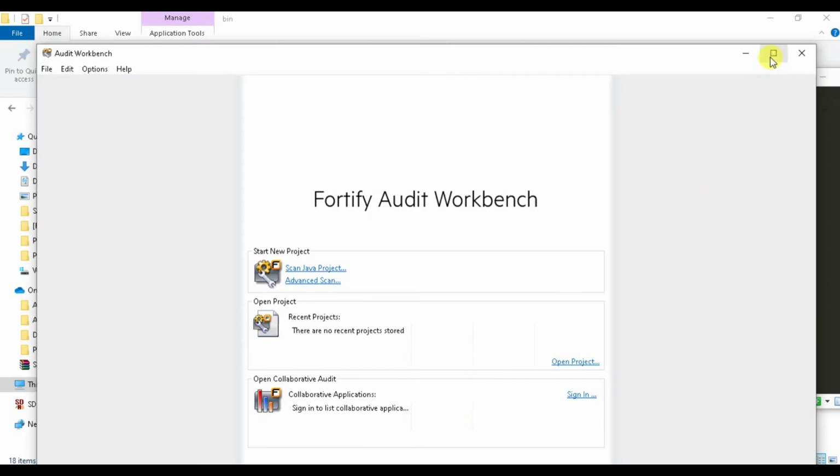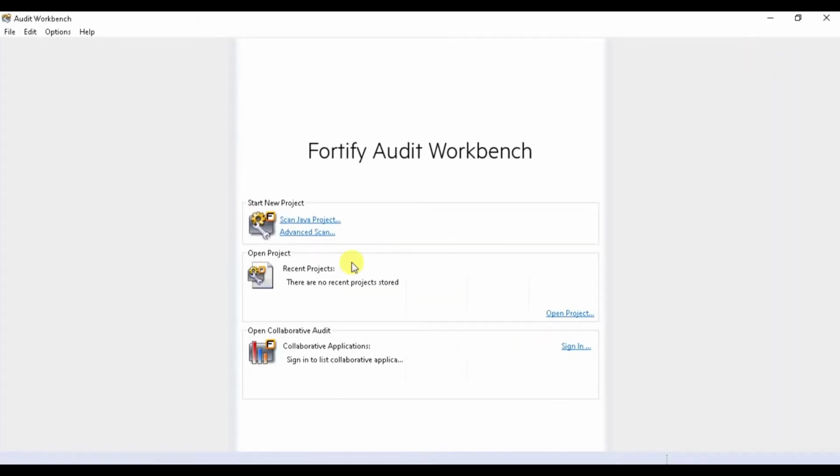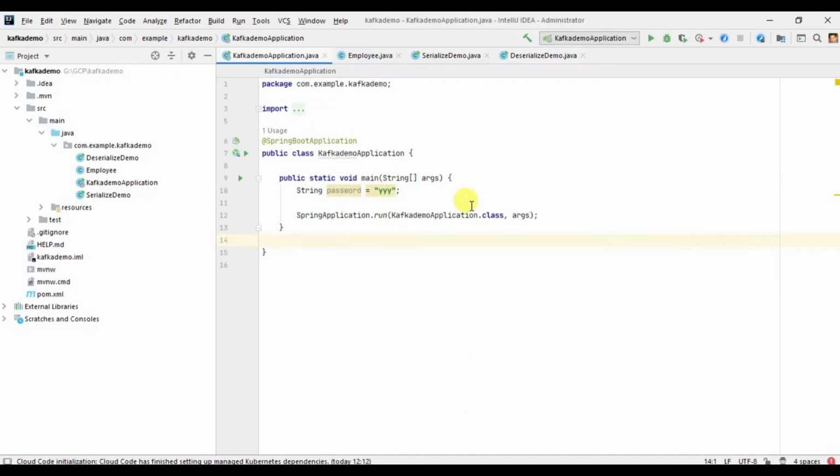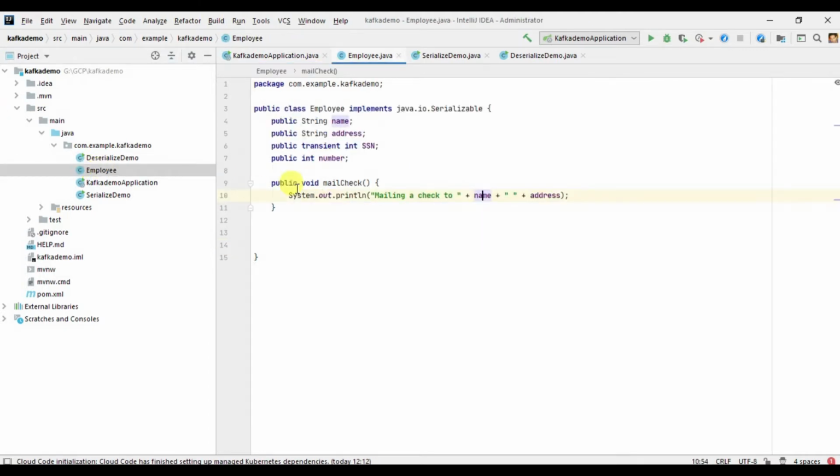So here we can see that the Fortify Audit Workbench is open. What I have done smartly is use IntelliJ, in which I have developed one sample application. I gave the project the name Kafka because I have to create it for some purpose, but right now I have simply prepared a serialization program.